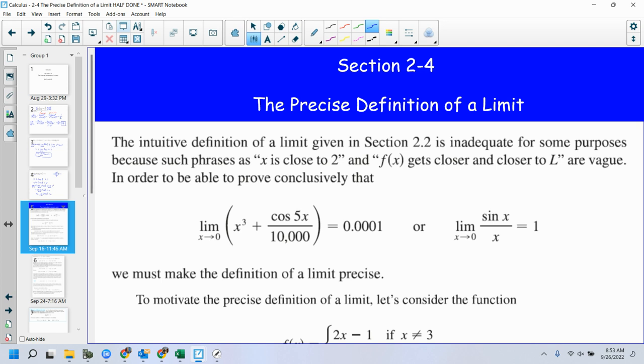All right. So the intuitive definition of a limit in section 2.2 is inadequate for some purposes, because such phrases as x is close to 2 and f of x gets closer and closer to L are just too vague. That's what we were talking about just a second ago. It's just a little too vague for mathematicians' purposes. In order to be able to prove conclusively that these limits are what they are, we must make